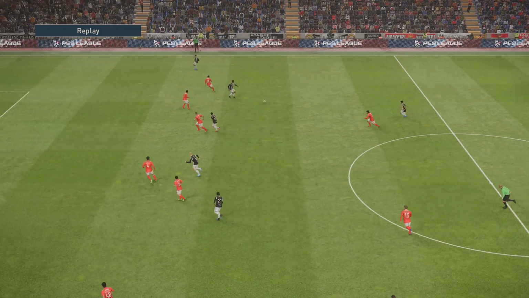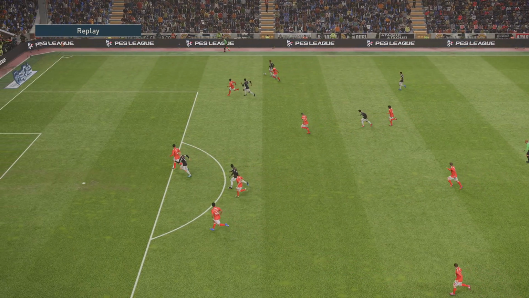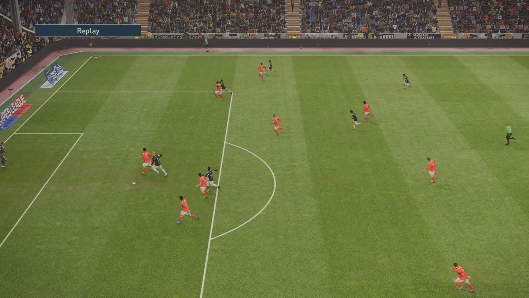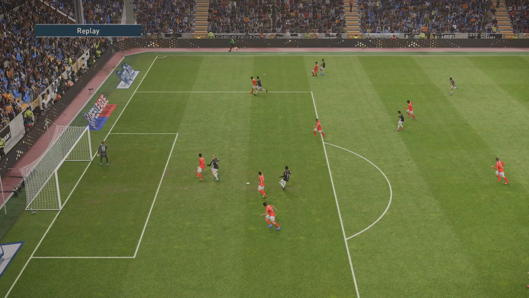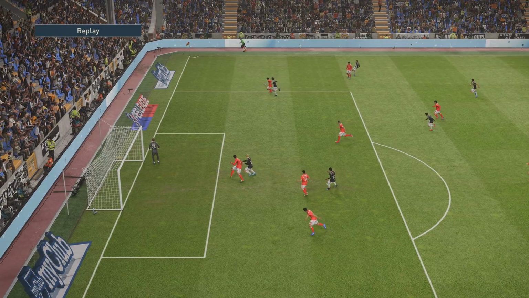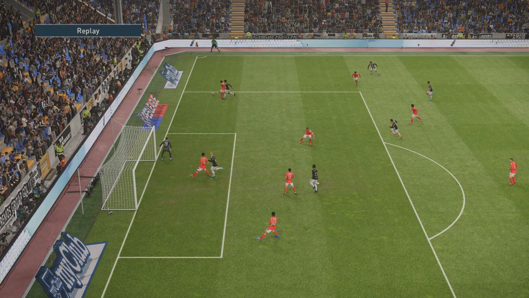This is actually really good shielding right here. All you need to do is use Super Cancel. So RB and RT, or R1 and R2, depending on which controller you're using. And what you're going to see me do is position my body between the player and the ball. So you can see that, but I don't want to touch the ball. I don't want to give him an unnecessary